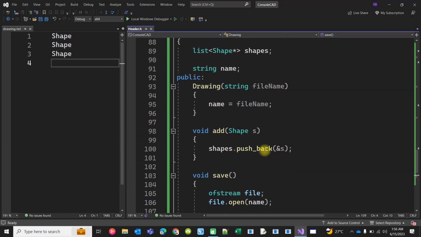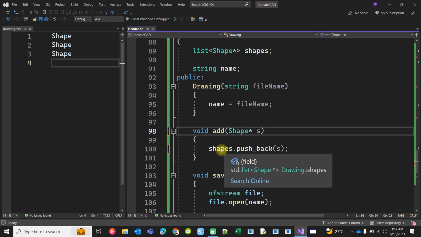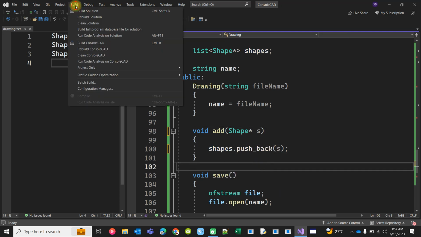First of all, the object is not allocated dynamically. It's still on the stack and we are actually storing its address. We're trying to make it work, but the virtual table is not populated properly. So instead of doing that, I'll be taking the pointer itself directly here and I'll be storing the save pointer on the saves. Now if I try to build it,